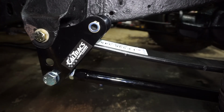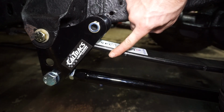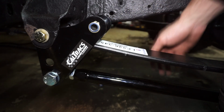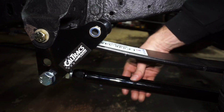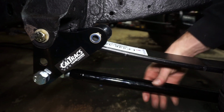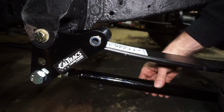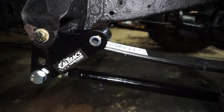So now what you'll be able to see is when I adjust this bar, this section actually gets closer to the leaf spring. So what I'm going to do is set this to where it just rests right on top of the spring. So I'll just put it on there snug, not too tight, and that's where I'll leave it